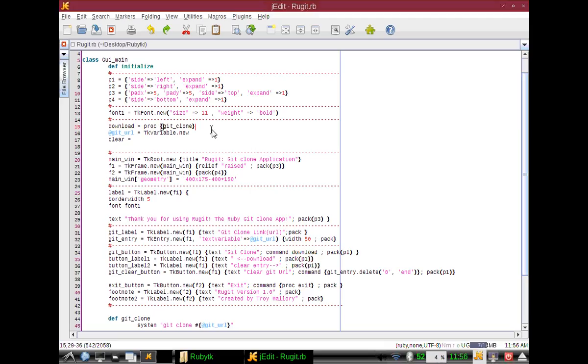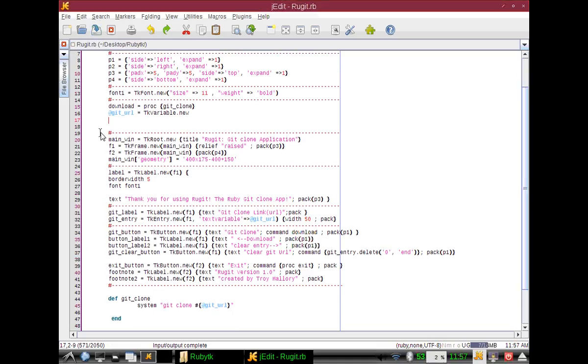Here is my command process. So download is my procedure of git clone, which we'll see in a minute. And then I made an instance variable of the get URL, and this equals a TK variable. Don't need that. Clean that up. Save. Okay, so after this section,